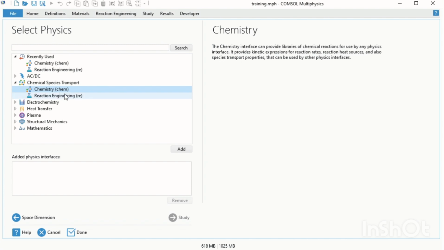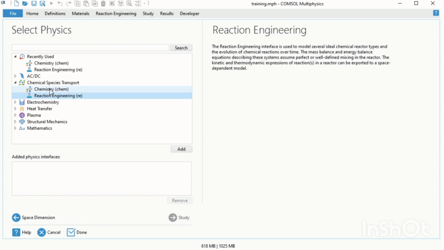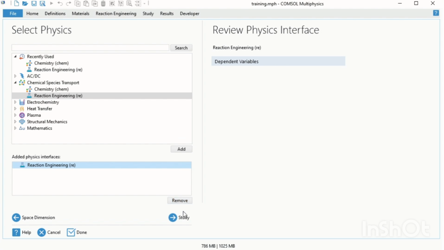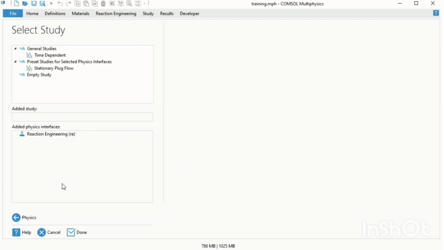a powerful database regarding the species for modeling chemical reaction in a geometry and something like that. So, because we want to study a plug flow reactor over time, we should choose the chemical reaction engineering, add and study. Here,